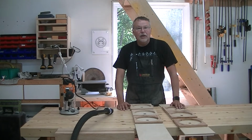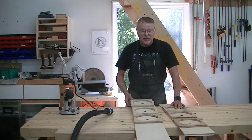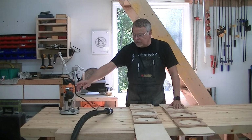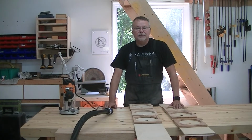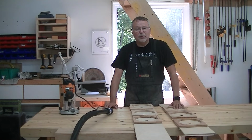Seven months ago, I was working on the bench dog holes on my bench top, and I was showing you guys how I had used these two jigs to drill holes using an upcut router bit. And I ran into some problems during that video. The first problem, which was pretty major, was that the router bit started becoming really dull, to the point where it was burning the wood, or burning the cut, and creating more sawdust, fine dust,